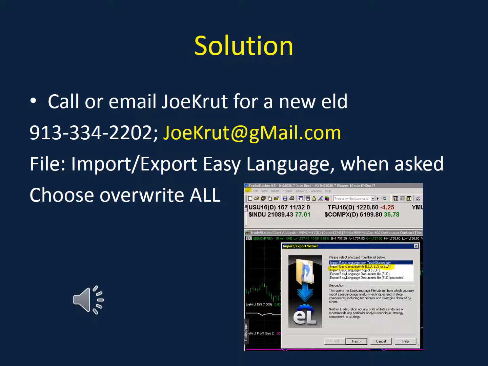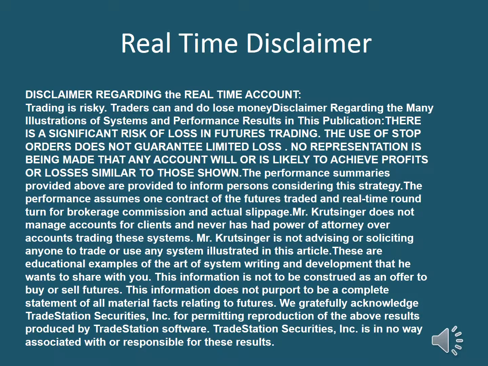And basically, once you've got the ELD from me, you just download it onto your desktop, and then go File, Import/Export, EasyLanguage, pick that choice, and then pick the second thing, which is Import EasyLanguage ELD, and you'll find it there on your desktop, and then just overwrite all, and you'll have the old copy written over the new copy, and you'll be copacetic at that point. Now, it goes without saying that I'll be glad to do this for you. All you need to do is send me a TeamViewer code from TeamViewer 9, and I'll import the ELD and do the overwrite for you if you like.